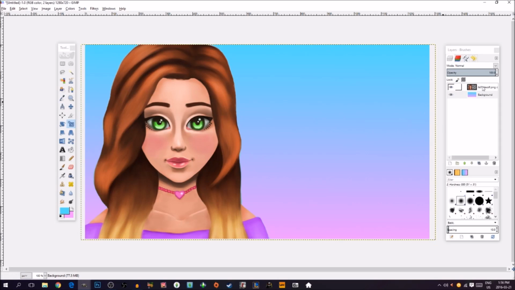That is how you do that. And then I'm going to show you guys how I do my little borders that are more in the picture, and they're white and faded. A lot of people do that now, and a lot of you guys might be wondering how you do that. So basically,